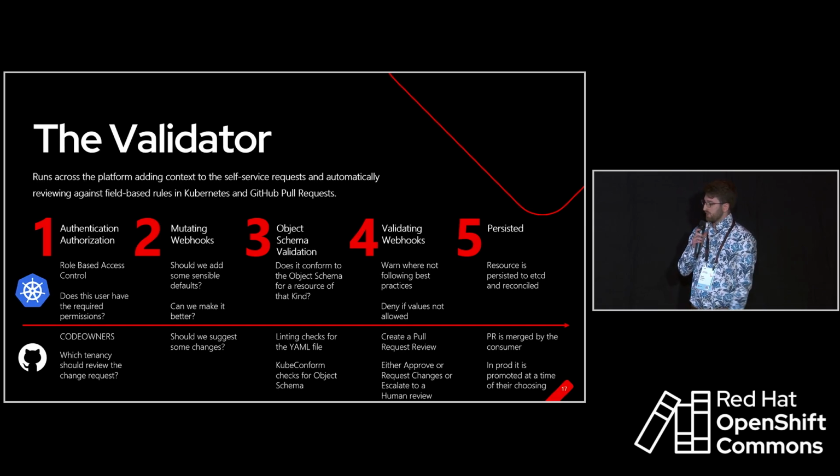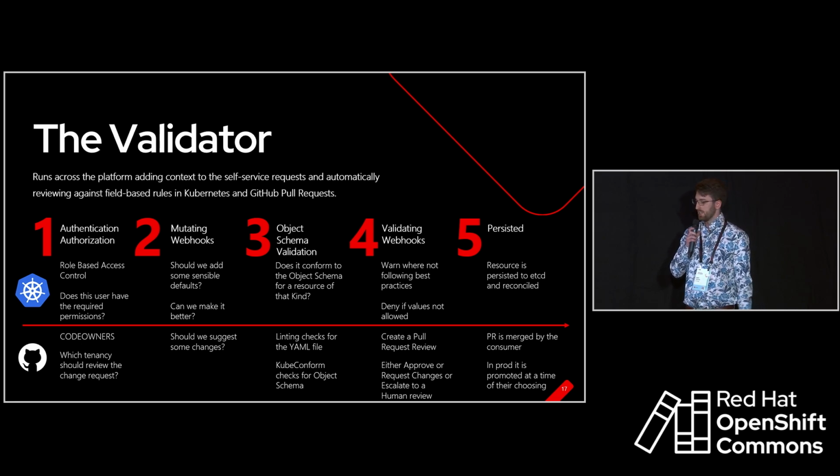Going back to the case of a GitHub pull request for those platform resources, when a user opens a pull request in our shared repository, the code owner's file in GitHub will request a review from the validator and a senior engineer from the affected tenancies. The validator will perform steps 2, 3, and 4 for each file in the pull request, checking that the YAML